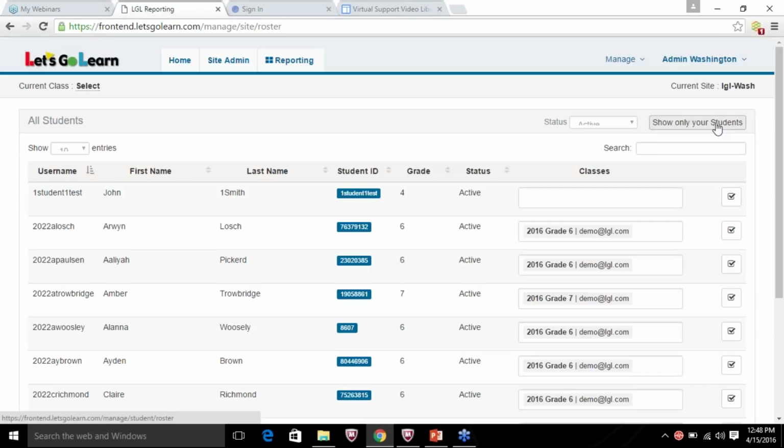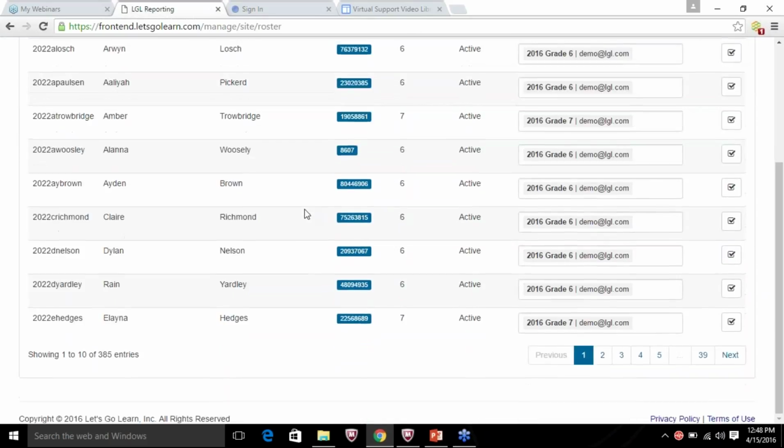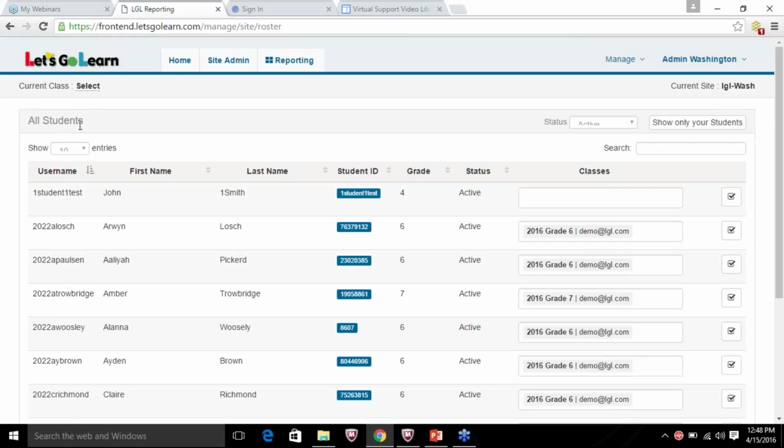So this gives you a great overview. If you need to quickly make some changes, and as the administrator overseeing that, you can view all the students listed there. Over here on the far left, I do have the option to show 100 at a time, which can be really helpful, especially for larger districts. So know that you have some of those filtering options that are available.